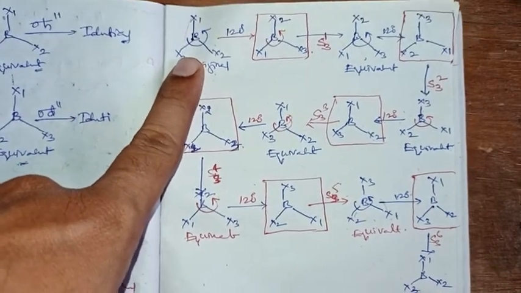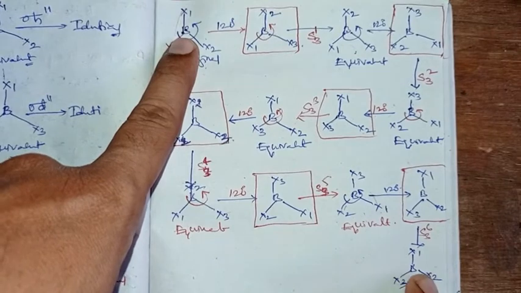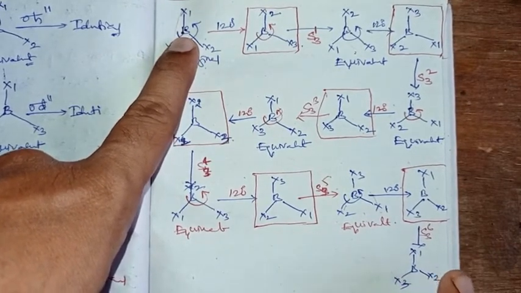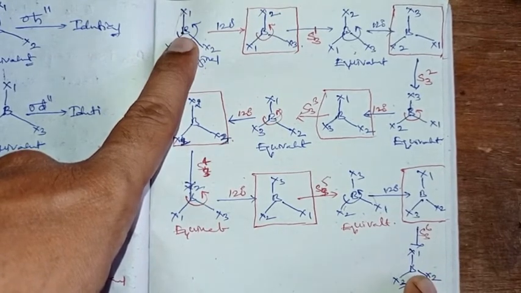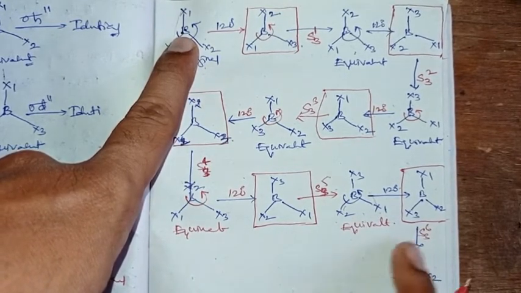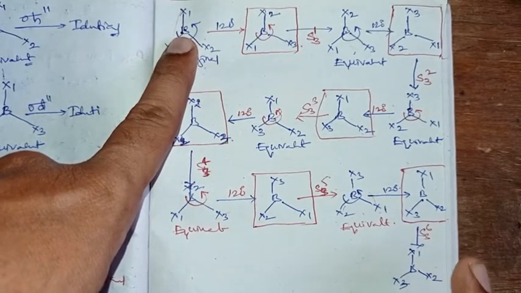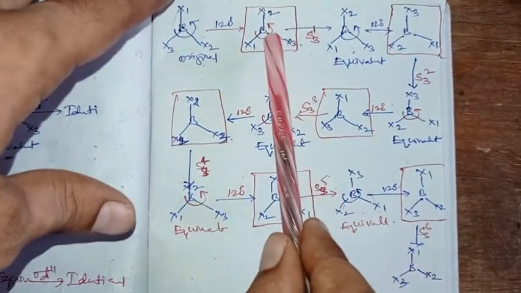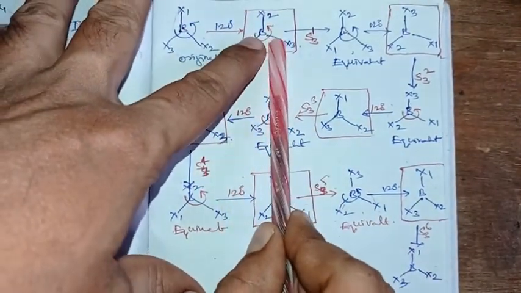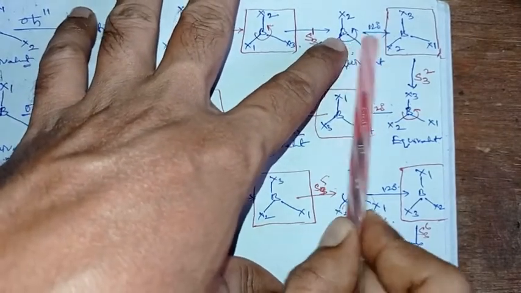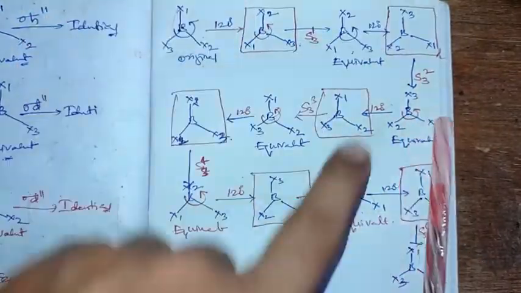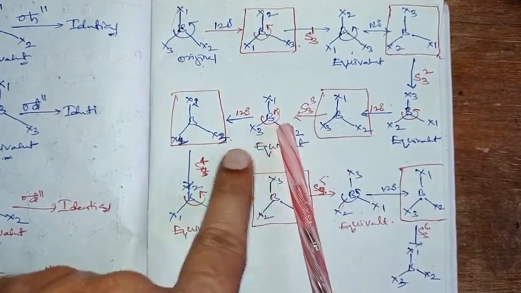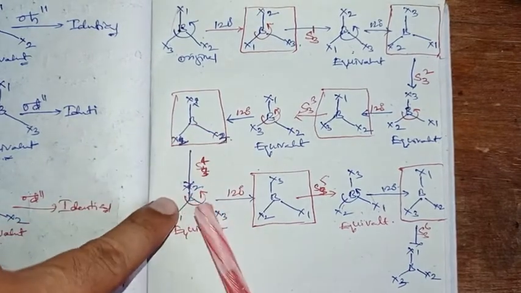Having the same notations of these two, this may be equivalent or identical. When the phases of the atom, if it is in the front, it will be an identical, otherwise this will be an equivalent configuration, right? Let us check once the phases. So here it is in the front, while we reflected it became back. In the back phase, rotation and reflection gives you a front phase. Front phase rotation, when reflected, became back. In the back phase, rotation followed by reflection, it is in the front.